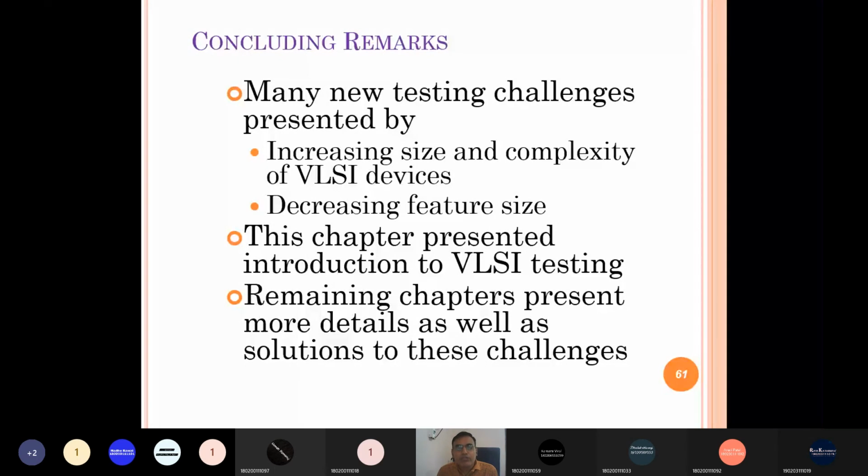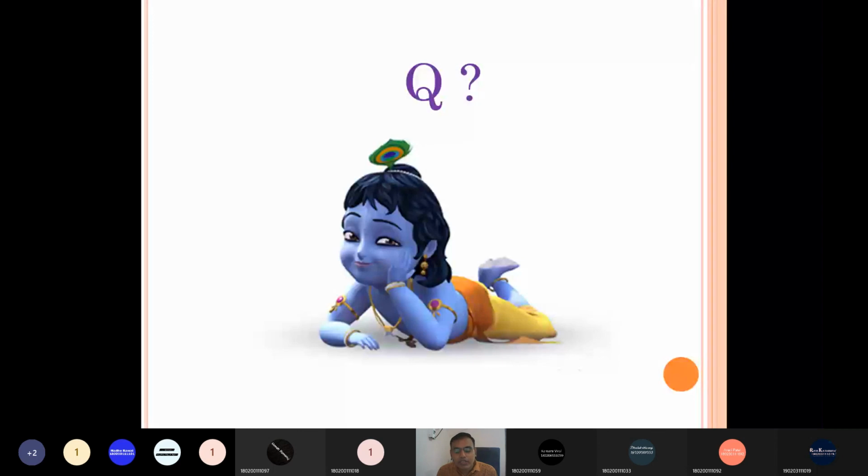Many new testing challenges are present today, increasing due to the increasing size and complexity of VLSI designs and decreasing feature size, which introduces a higher probability of defects. This is the task and challenge for the VLSI testing engineer. This chapter was the introduction to VLSI testing. In the remaining chapters we will study different DFT techniques and fault simulation techniques in detail.